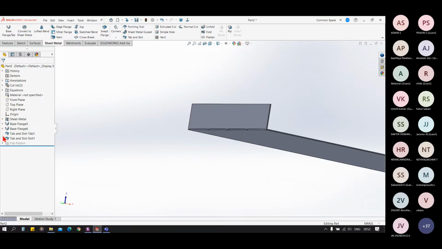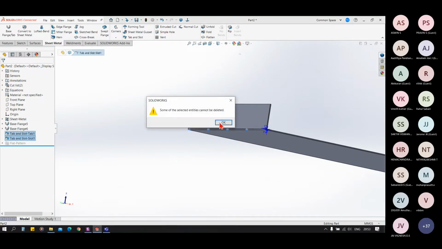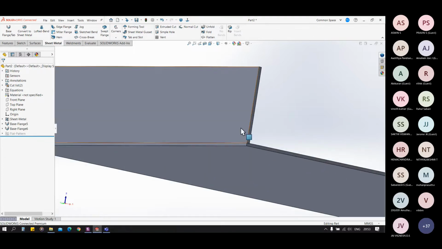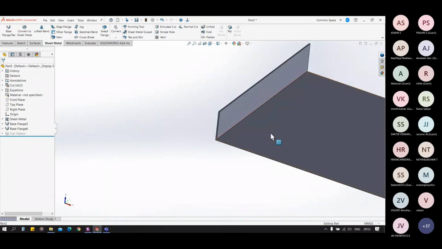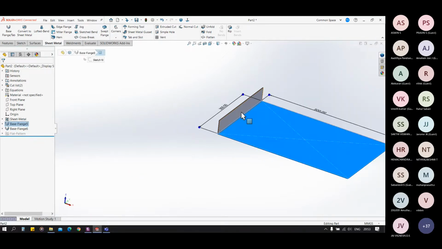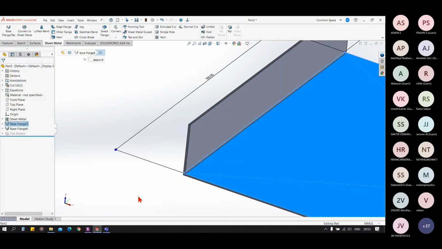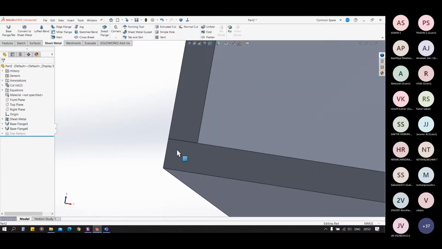Let me repeat this for you. So we have this type of condition here. We have one base flange and another vertical flange. Those two are separate sheets. There is no bend here.